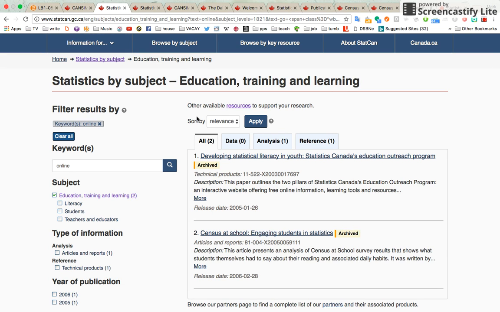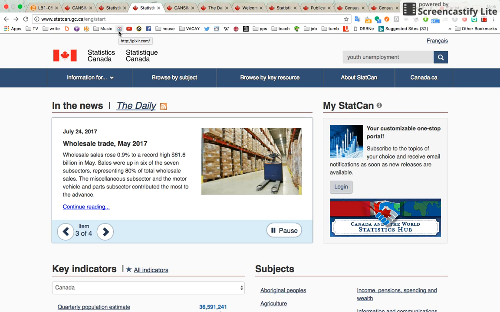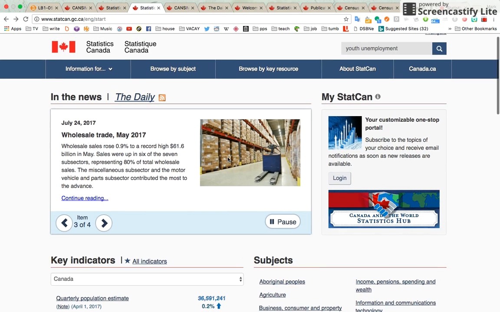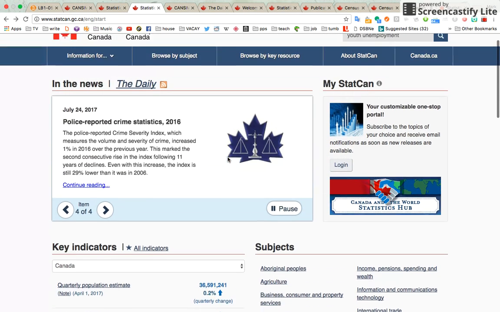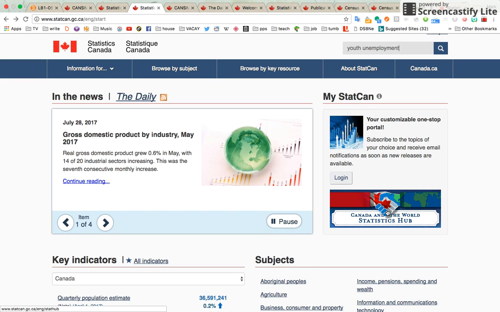So let's look at another tool that you can use, and that's the StatsCan website. On this website, there's so many different resources here that we could talk about. So you could click this and learn about statistics between Canada and other countries. I think they only have the States right now, but I think they're going to be building this up. We have My StatsCan, which we're going to talk about in a second, the Daily, which we're going to talk about later. But right now, let's just